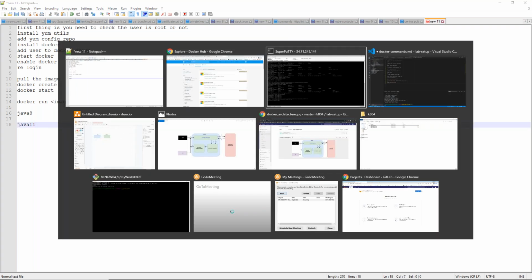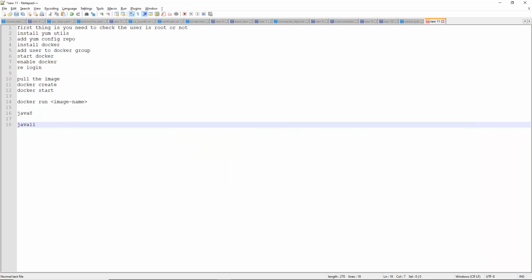Okay. But if I have one container and I want to update Java 8 to Java 11, it is not possible. We need to make another container, right? Yeah, so you can easily spin up another container, or else you can make some changes in the existing container and run it.